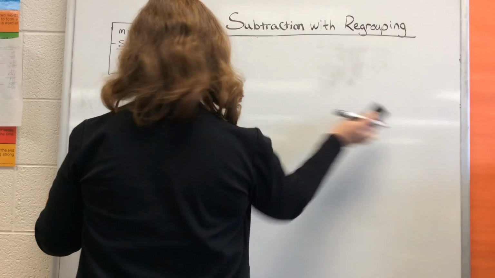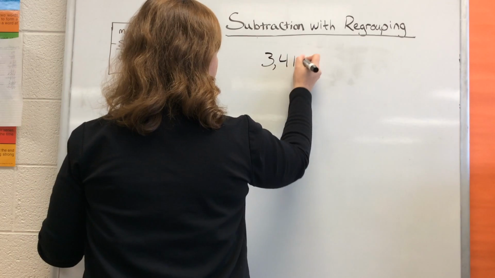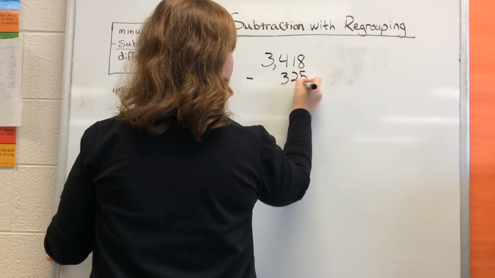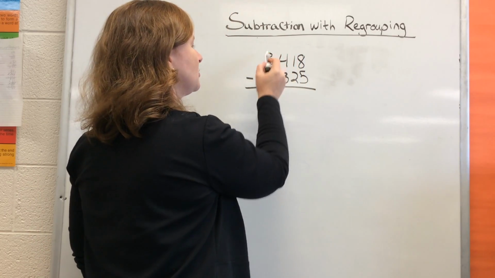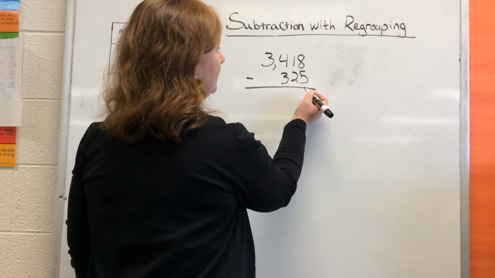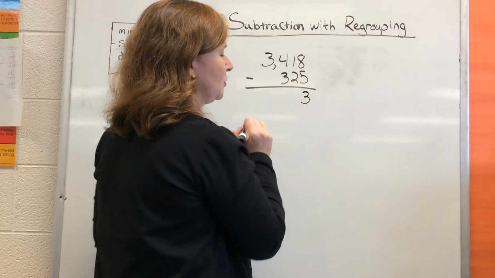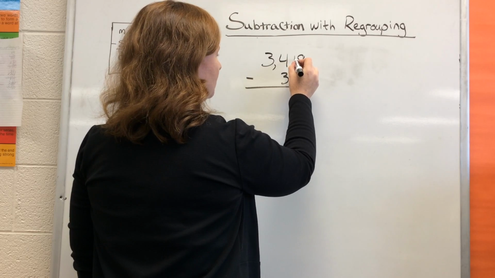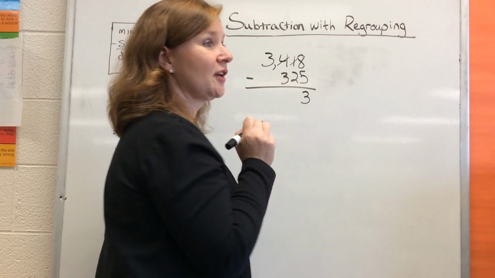Next problem. 3,418 minus 325. Notice my ones place is lined up and every place next to it is lined up. 8 minus 5 is 3. 1 minus 2 cannot be done without running into negative numbers, and we are doing whole numbers today. So I will cross off this 1, and I will cross off that 4 to help me remember what to